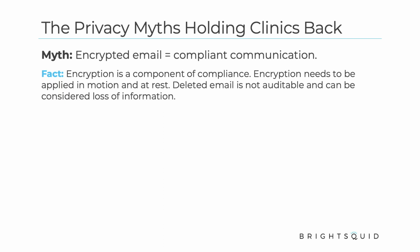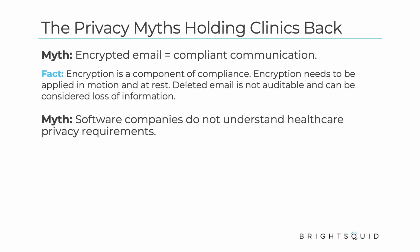Is that how you see it, Candace? Yeah, absolutely. That's the point I was going to bring out as well, is it can easily be deleted by both the sender and the recipient, and that would be considered a loss of data, which is, you know, by definition a breach. The other thing that we hear sometimes is that there's resistance to adopt digital technology as opposed to mail or something different